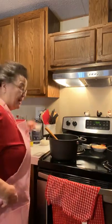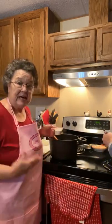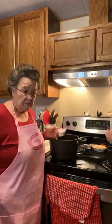I'm not ready for it yet because I'm going to put 3 tablespoons of flour, like I did the 3 tablespoons of butter in here, because I'm going to make a little bit of a thickening. This is a sauce. It's a white sauce that I use on my chicken enchiladas. I've got a recipe for beef enchiladas that uses the red sauce, but on the chicken I use the white